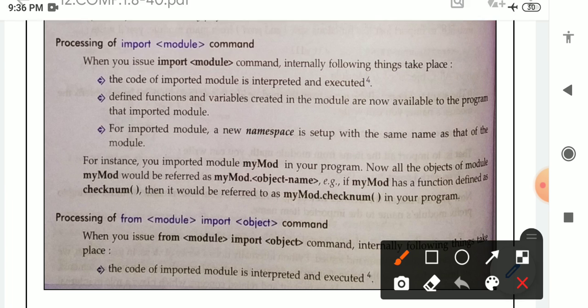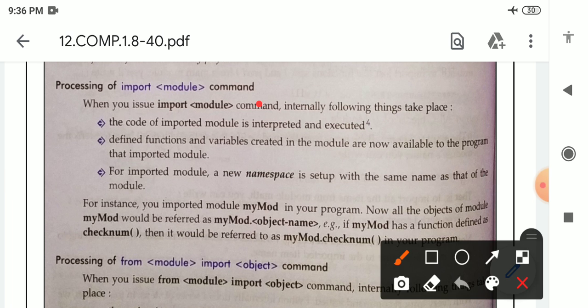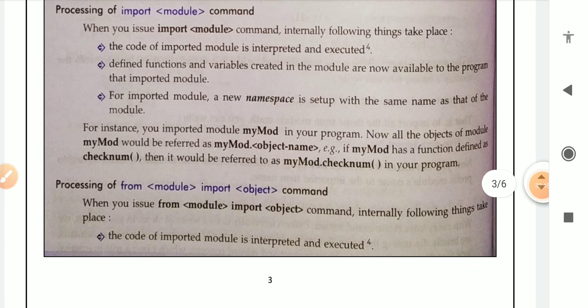With the import module command the entire module is selected, but with from import, one object, two objects, or whichever objects we name inside that module are imported.